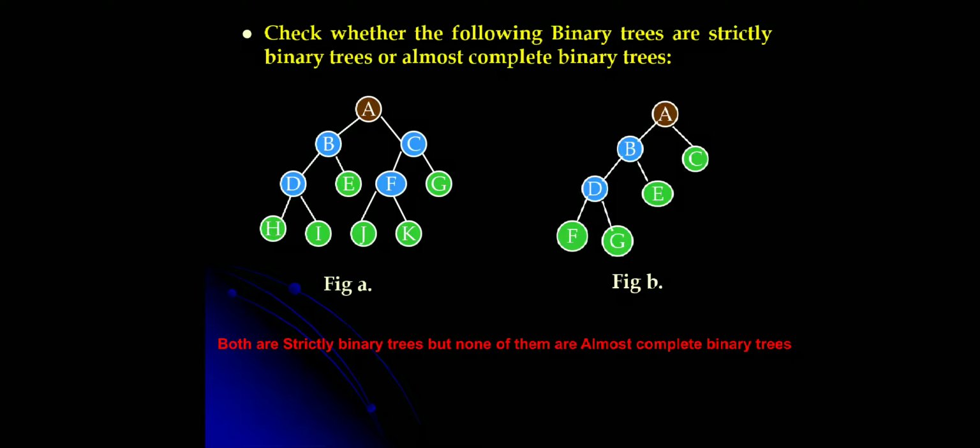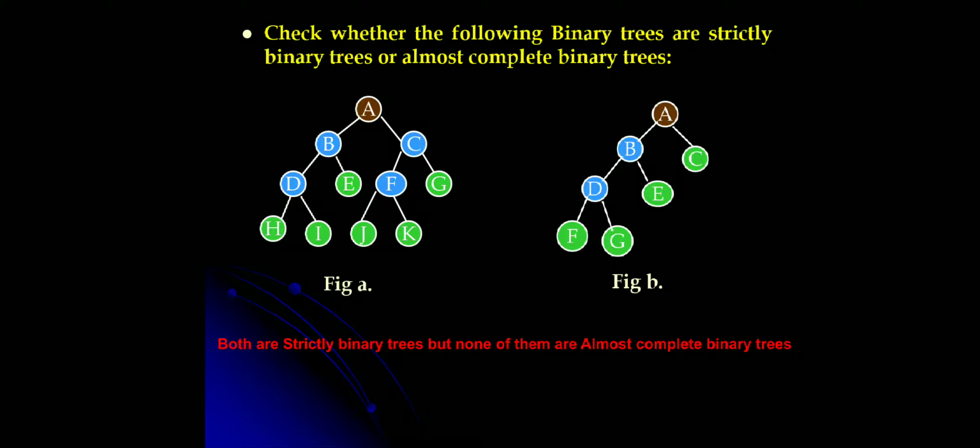Is it an almost complete binary tree? The nodes at level less than D minus 1, that is at level 0 and level 1, are having both left and right subtree, it is fine. But if the last level is having fewer than 8 nodes, you know that the nodes are to be filled from left to right. So D is having both left and right child, but without filling E, left and right child for E. Here you are seeing the nodes for F, that is left and right child for F.